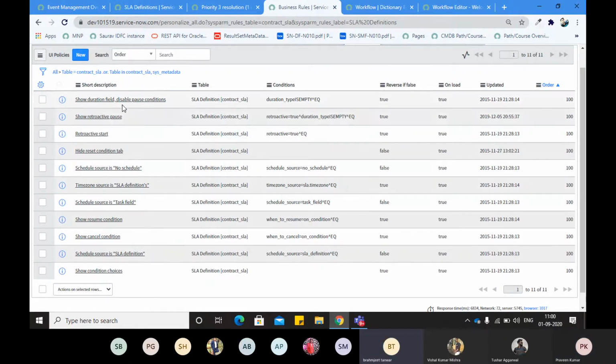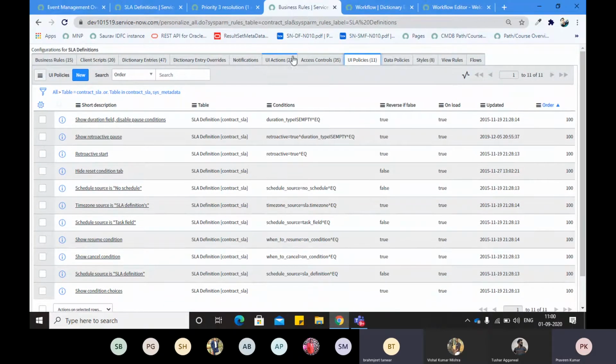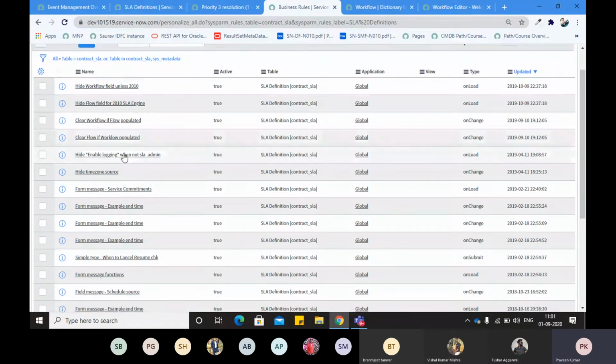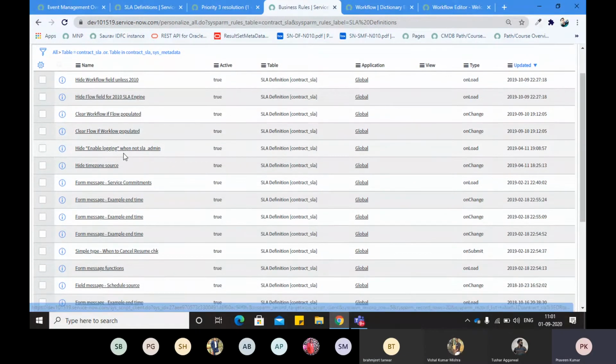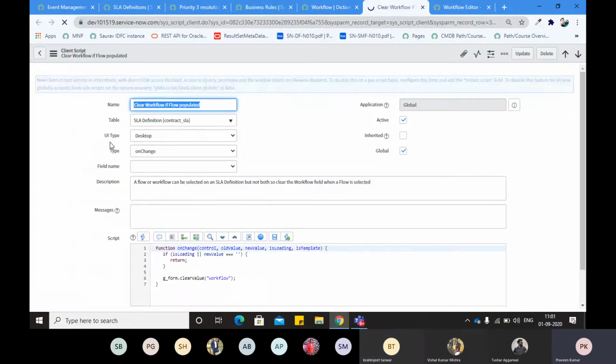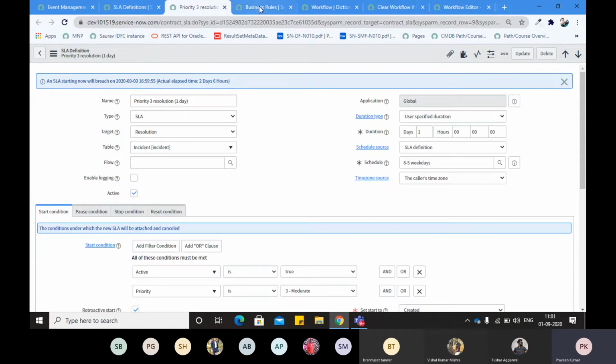Praveen, there's a client script. It hides the workflow. I was doing this yesterday. I'm also looking for that client script. But it should not behave in this way. I just disabled the first one, hide workflow field. It is behaving the wrong way. I cleared the workflow value, still it is not showing the workflow.